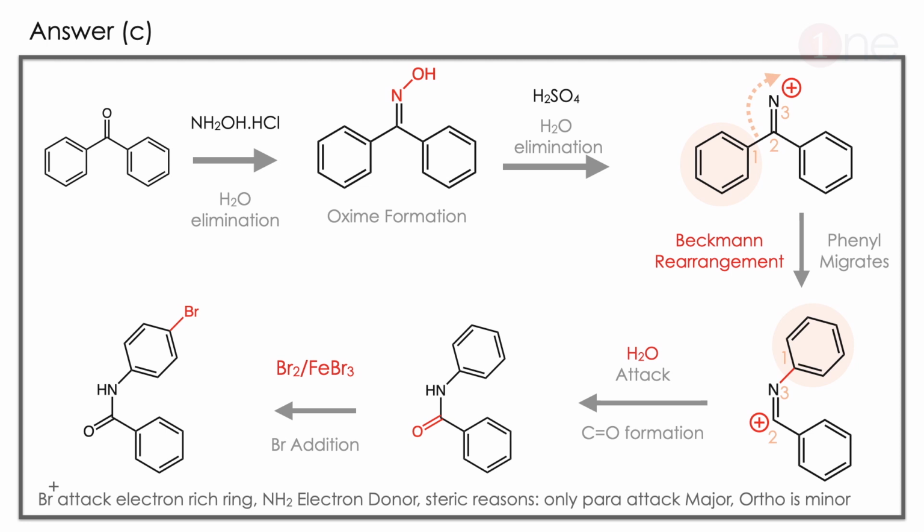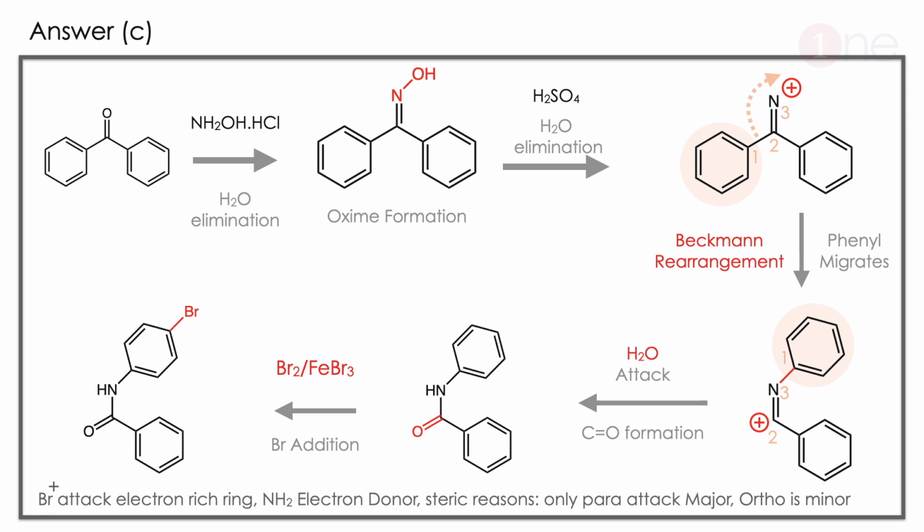Then the bromine attack. Here the important thing is where the bromine will attack. Bromination is an electrophilic substitution reaction. So an electron rich center will undergo electrophilic substitution. When compared to the carbonyl ring, the amine ring is electron richer. Carbonyl is an electron withdrawing group, amine is an electron donating group. So the bromination occurs in the amine ring, but ortho positions are sterically hindered, hence only the para position.